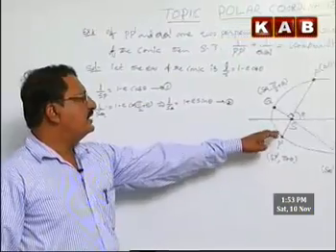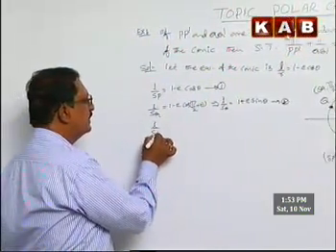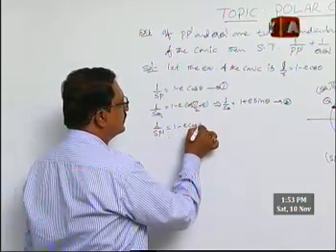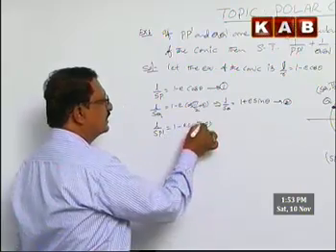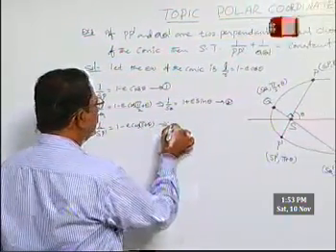Similarly, the point P dash lies on the conic. Then L by SP dash equals to 1 minus E cos of pi plus theta. Cos of pi plus theta equals to minus cos theta. Then we get L by SP